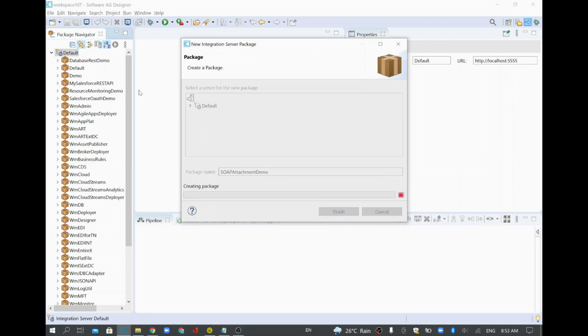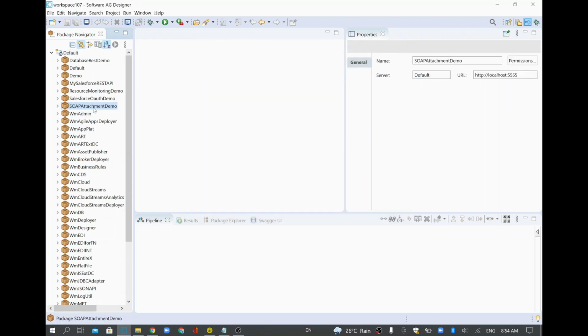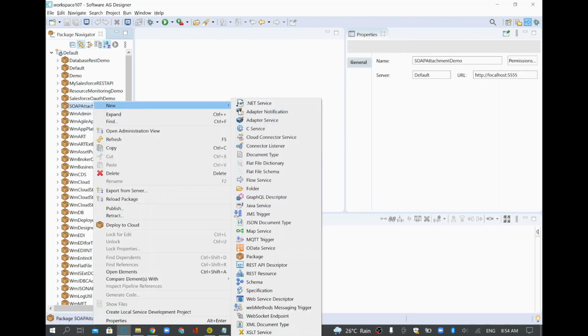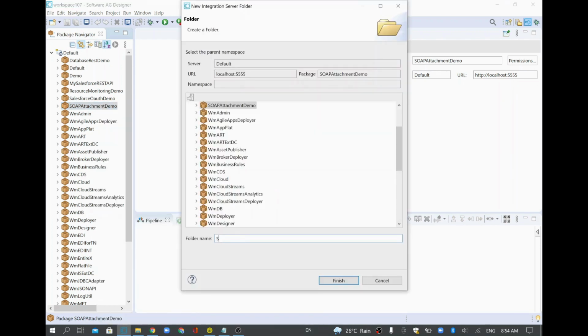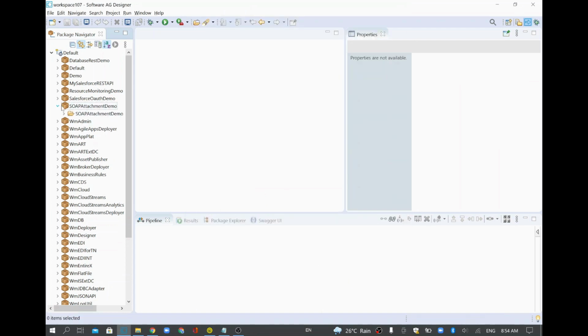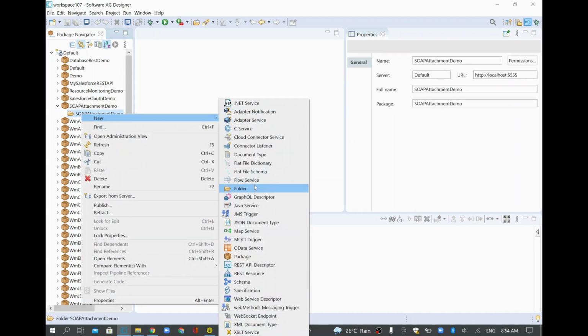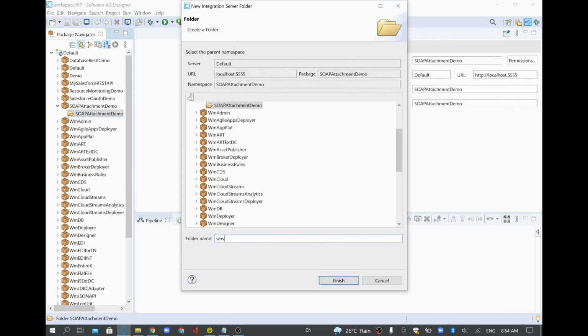Then I'll create the main folder with the same name, new folder, SOAP attachment demo. Okay, now we have created the packages, so I'll create the folder where we want to create our services. I'll create another folder called services, and I'll click finish.